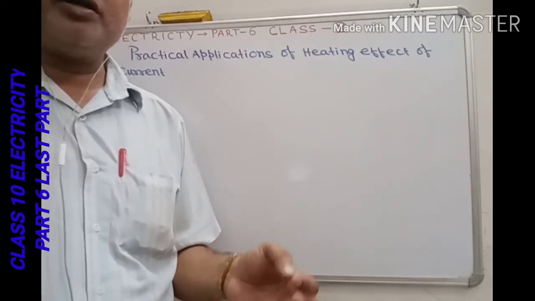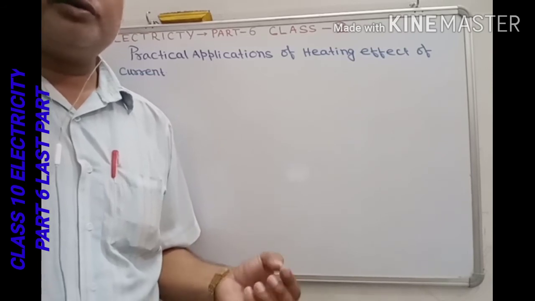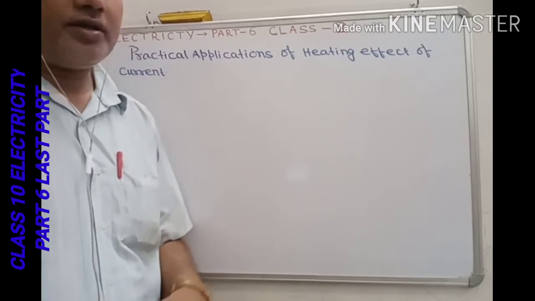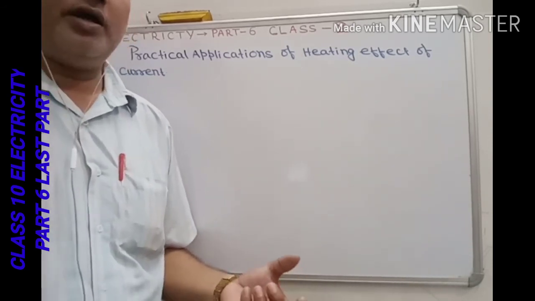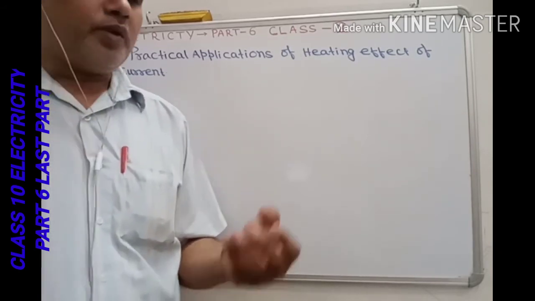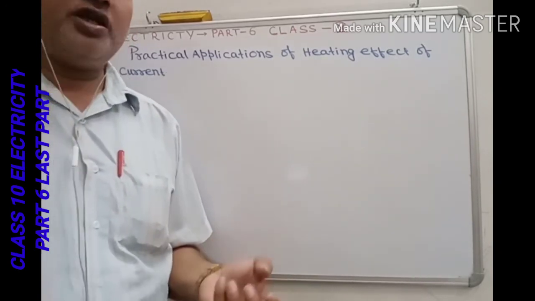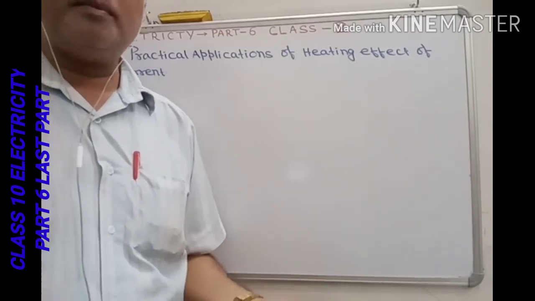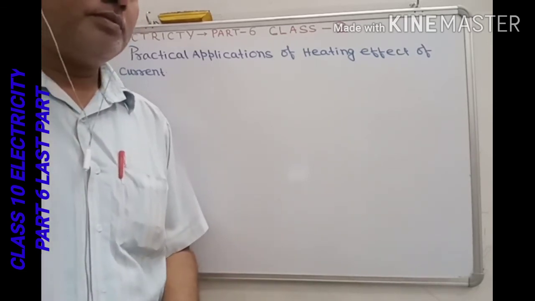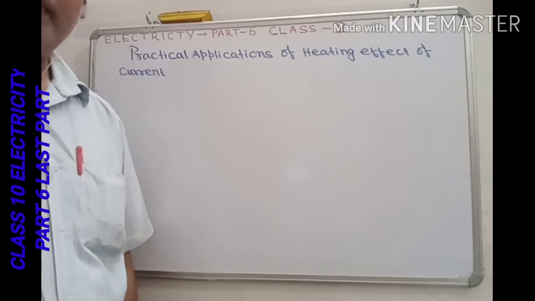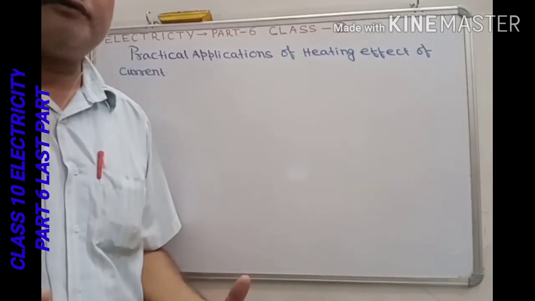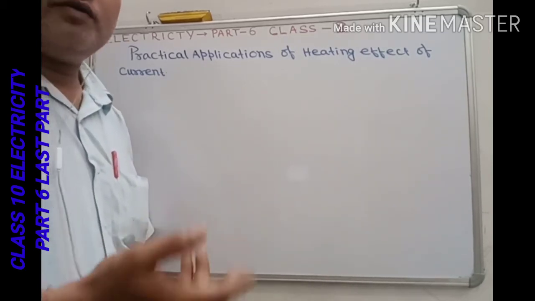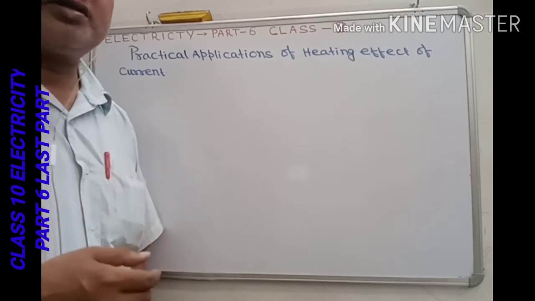To prevent a short circuit, we should use the appropriate fuse available in the market. In the market, the ratings of fuses are given in ampere, such as 1 ampere, 2 ampere, 3 ampere, 5 ampere, 10 ampere, 32 ampere, or 64 ampere, and lots of fuses are available. Now suppose, how can we find out which ampere fuse can be used for a particular circuit in our home?